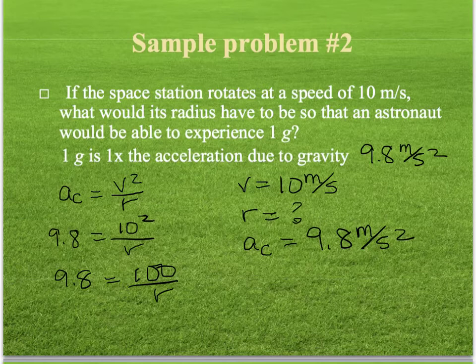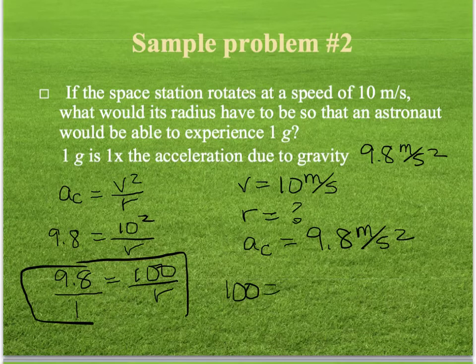When our variable is on the bottom, we're very tempted just to divide by 100, and that it's going to leave us with 1 over r. So if we put this over 1, now it's pretty obvious when we look at this that what we have is a proportion. And so we'll cross multiply and divide. So we get 100 is equal to 9.8 r,